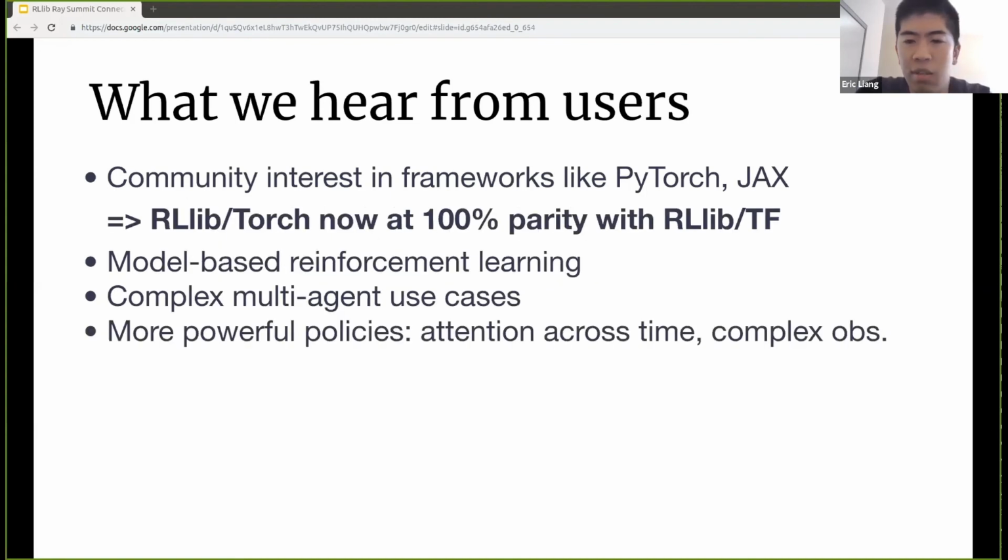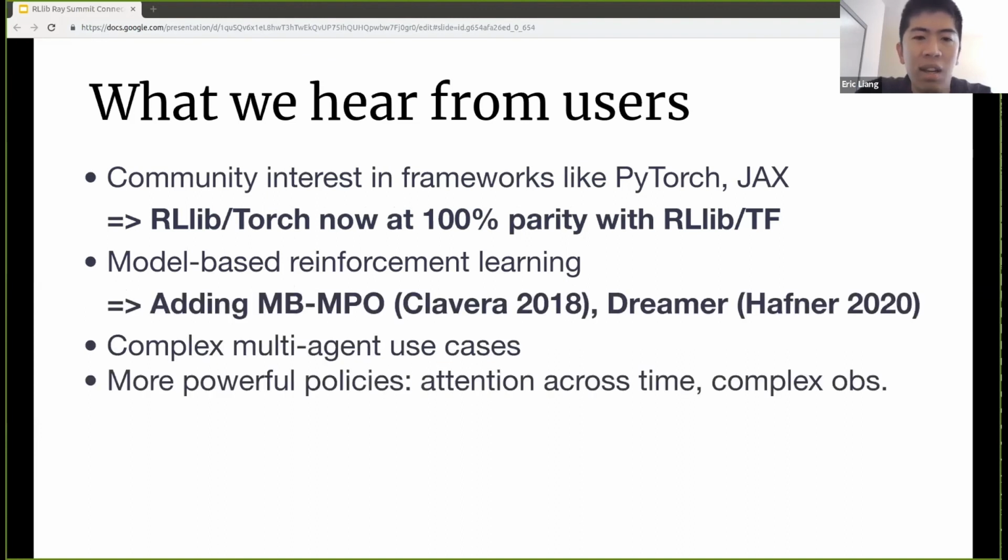So in response to the first item of feedback, I'm happy to say that RLlib PyTorch support is now at 100% parity with TensorFlow support. We actually now even have more PyTorch algorithms than TensorFlow, which is interesting. For model-based RL, we're in the process of adding some of the state-of-the-art model-based algorithms to start, including model-based meta policy optimization and Dreamer.